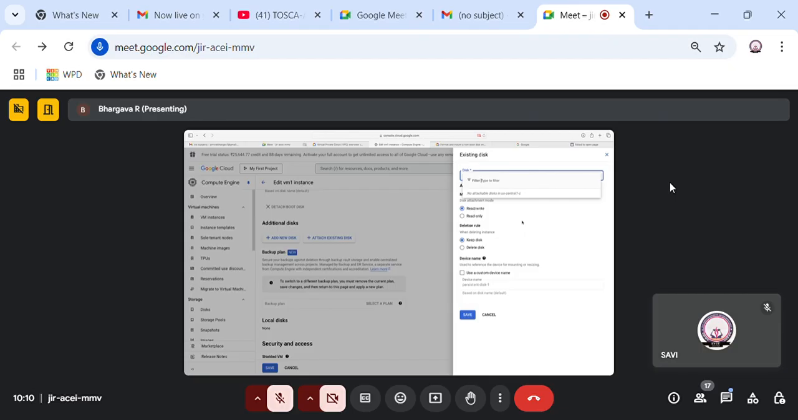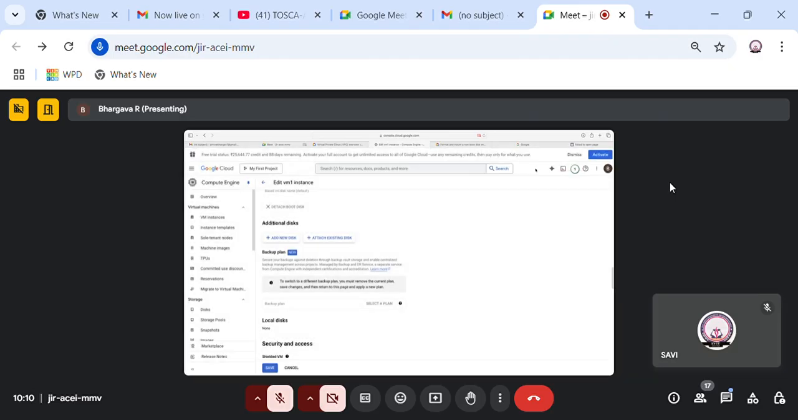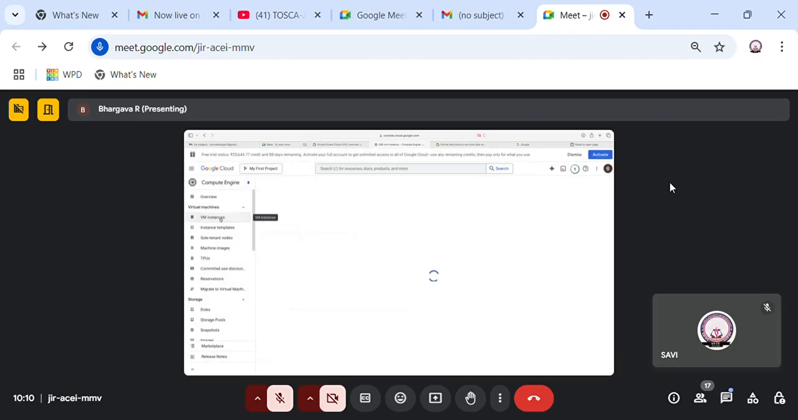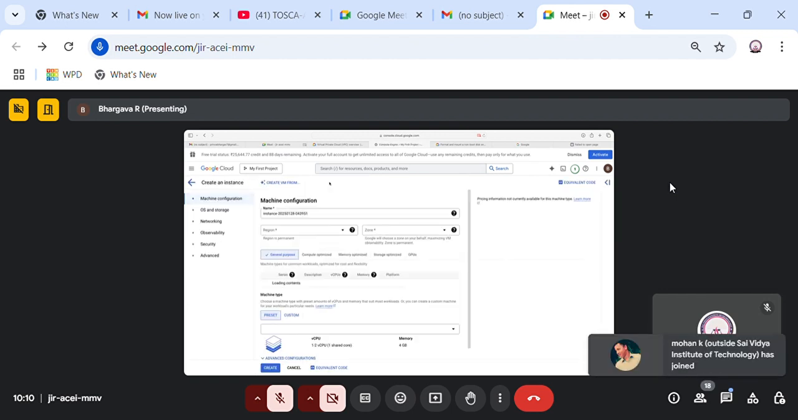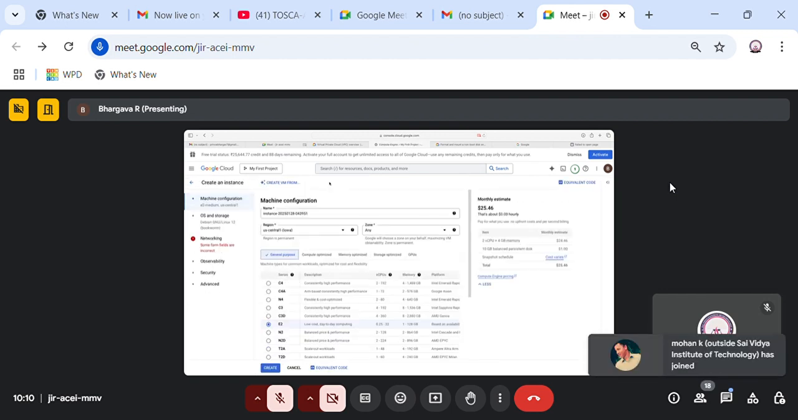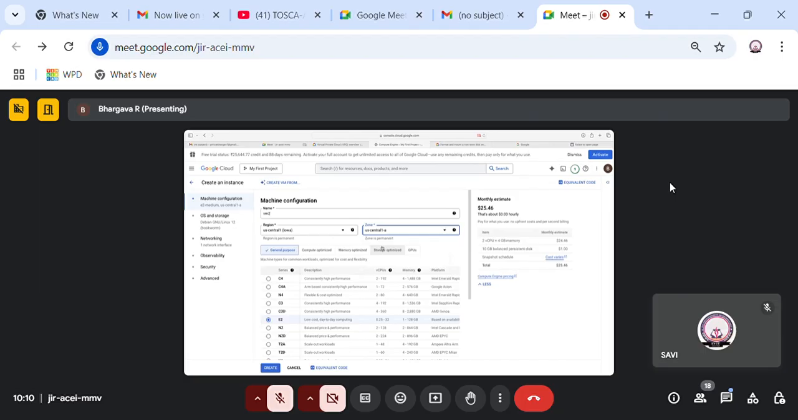Now what shall we do? We'll create one more virtual machine in the same zone and let's see whether I can attach it or not. Okay, let's go and create a new virtual machine right now. Let's go to the virtual machine instances. Again, we are creating a new virtual machine, but this time I'll be keeping the zone as the zone of my disk. I'm giving the name as VM2, and zone I'm keeping as US Central A because